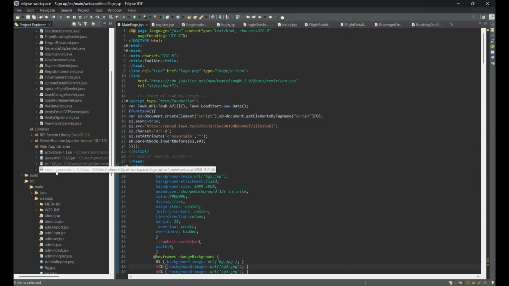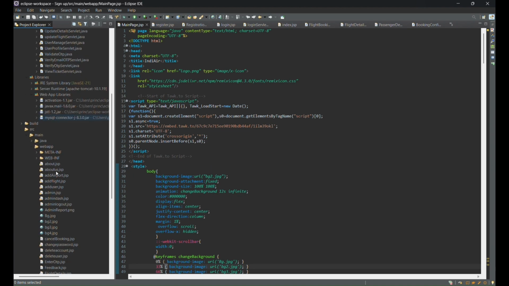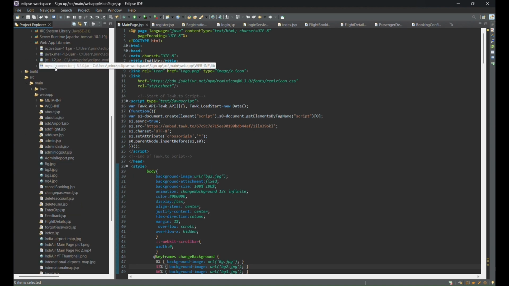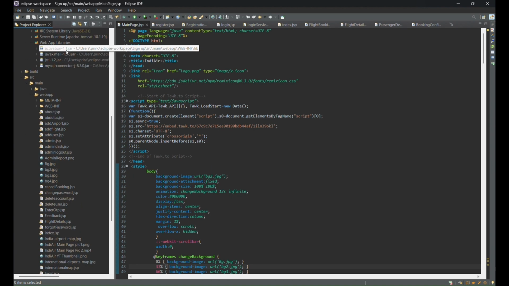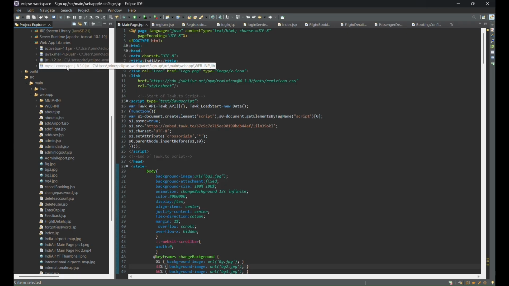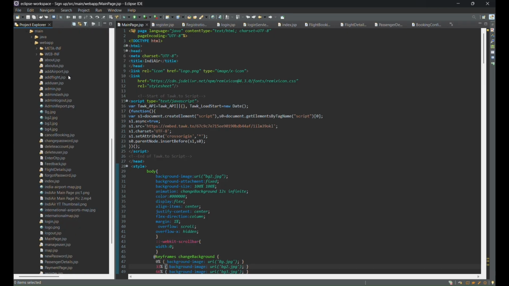Connector for connecting my database to my main logic, an activation and mail function to send a mail to the user using SMTP protocol, and I have also used various JSP pages and background images to make a user-friendly